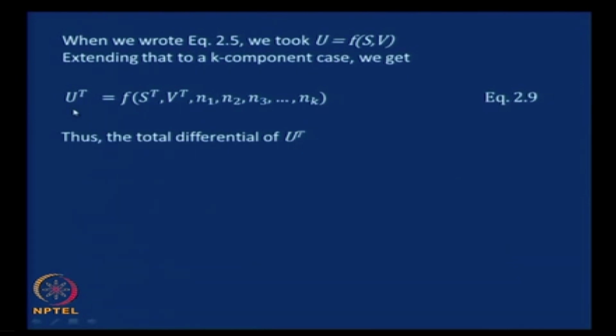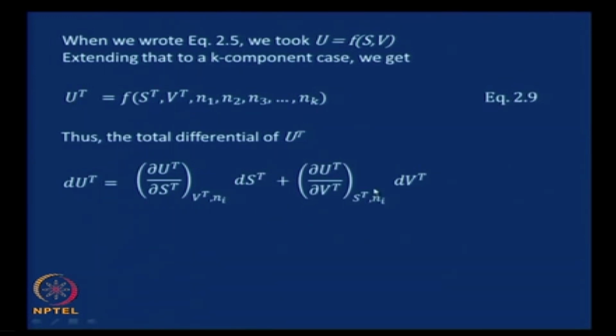Therefore, the total differential of Ut, if you recall the way total differentials are written, is the partial differential of Ut with respect to St at constant other variables, or at the conditions where the other variables are held constant, which is Vt, N1, N2, N3 all held constant, which is indicated by Ni being constant. So dou Ut by dou St times dSt